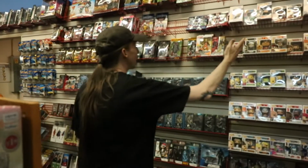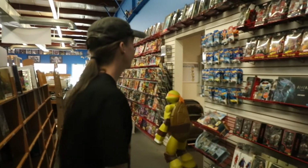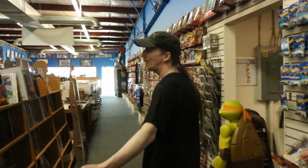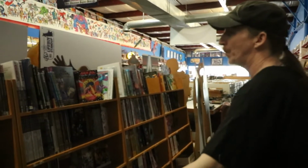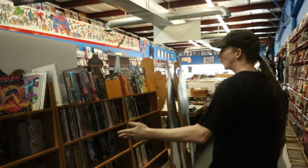Our Funko products. Newer toys right here on this section. Some vintage Hot Wheels. On this side we have all the collected trade papers for Marvel, DC, Vertigo, Dark Horse,